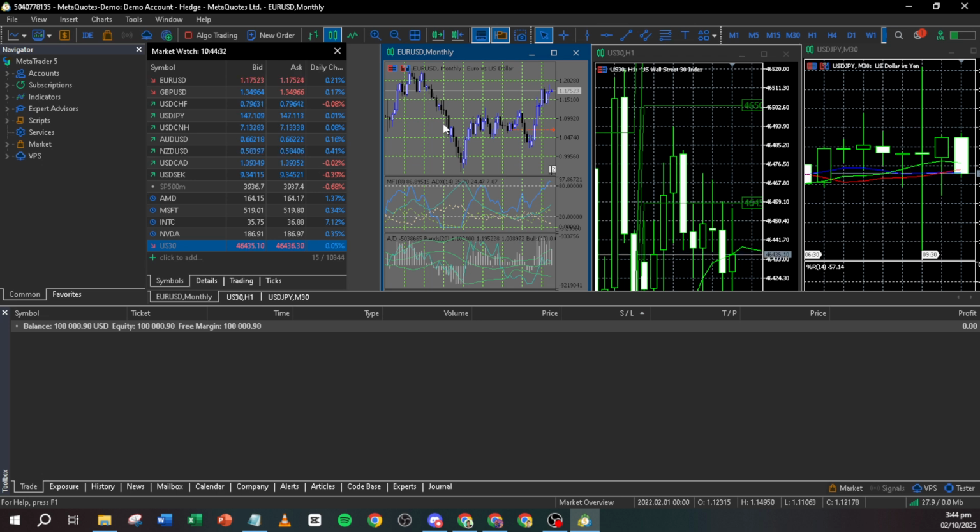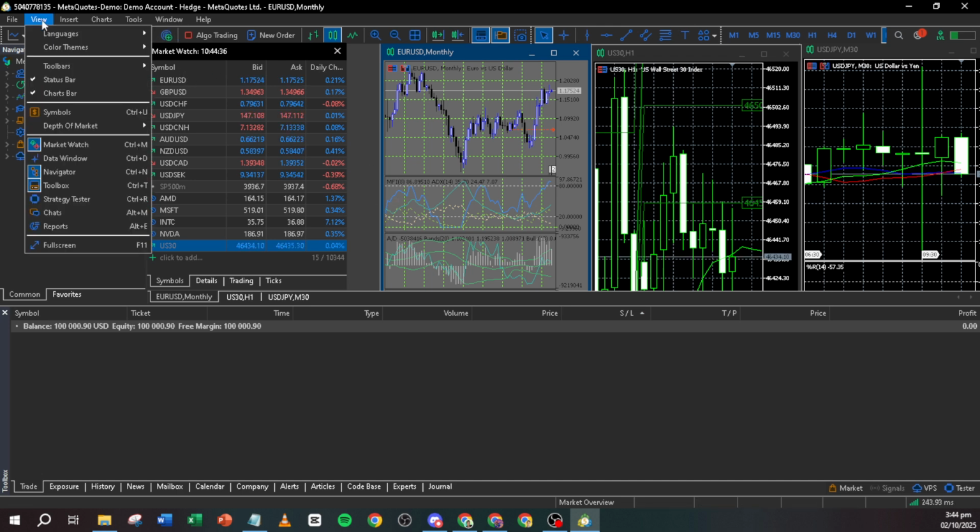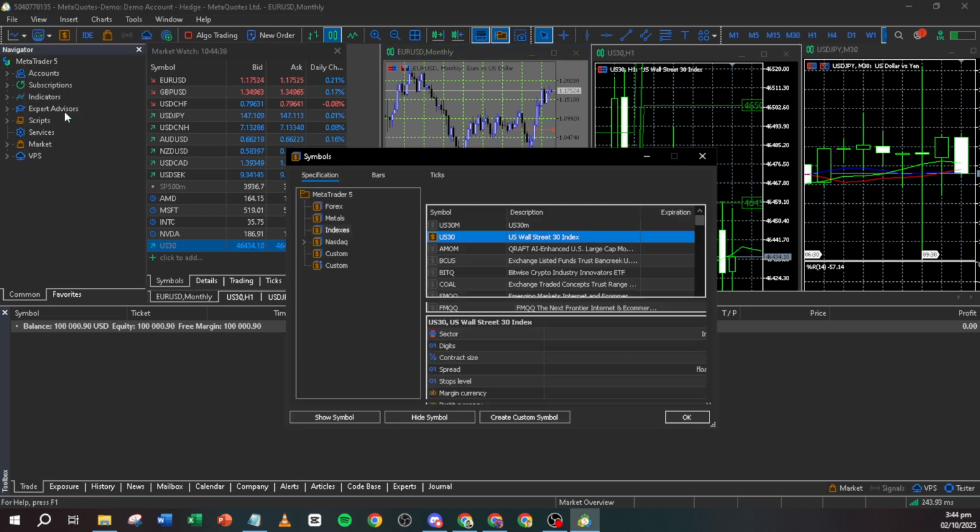Once MetaTrader is open, head over to the menu bar and look for the View option. Click on it and then select Symbols from the drop-down. Doing this will open a new window, giving you access to all available trading instruments. This is where you'll manage the symbols for which you'd like to import data. If you're planning to import data for a new instrument, you'll need to select an existing symbol first. Why? Because you'll be using this as a template for creating a custom one.